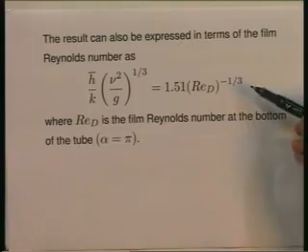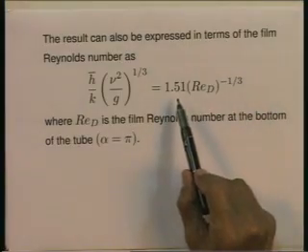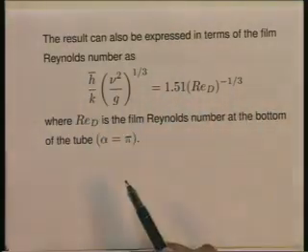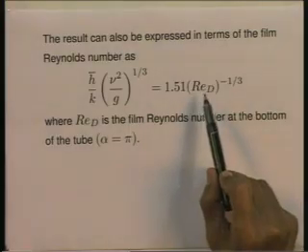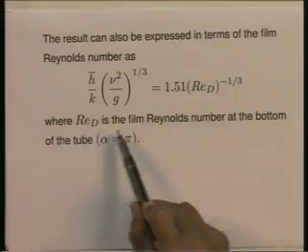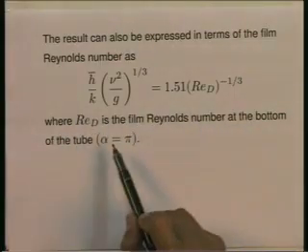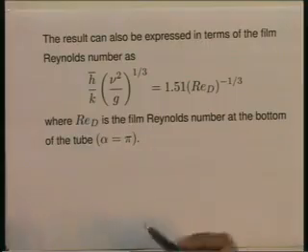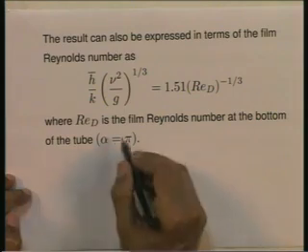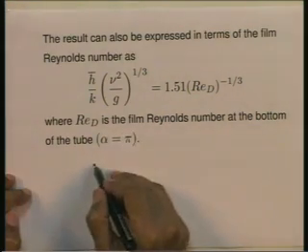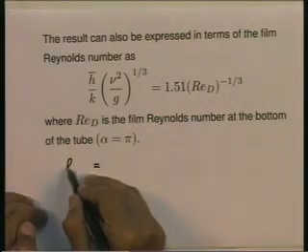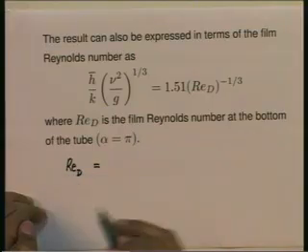All right. The constant, notice, again is different. Earlier it was something else, now it is 1.51. Otherwise, the nature of the expression is the same. Earlier the film Reynolds number was Re_L, the Reynolds number at the bottom of the plate. Now, Re_D is the film Reynolds number at the bottom of the tube, given by Re_D is equal to